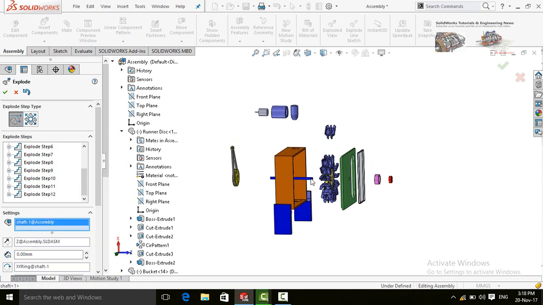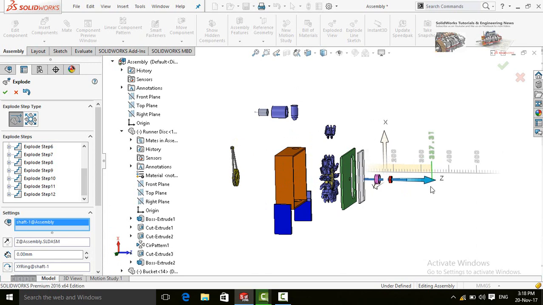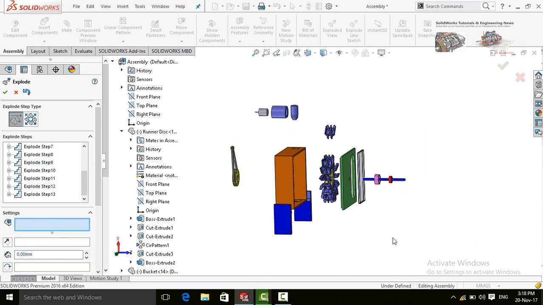And then the shaft. Once you have done all the exploded view, press the OK button to save it.